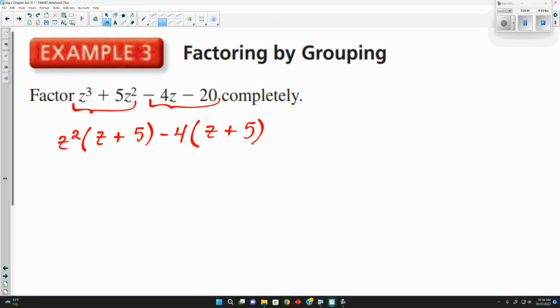What do we notice about both of these terms here? All right, they have the same z plus 5, yes? So that means I can factor it out. That's why I call this greatest common factor twice, because we found a greatest common factor in the first 2, and it gave us a like term in both of these here. So we can actually factor it out of both. And if I factor z plus 5 out of this first term, what's the only thing that's left? Z squared. And if I do the same thing to the second, I'm left with